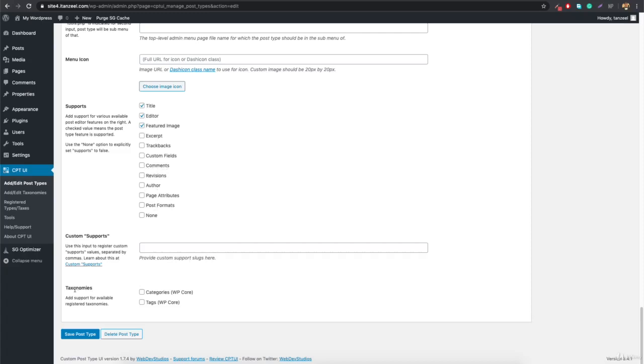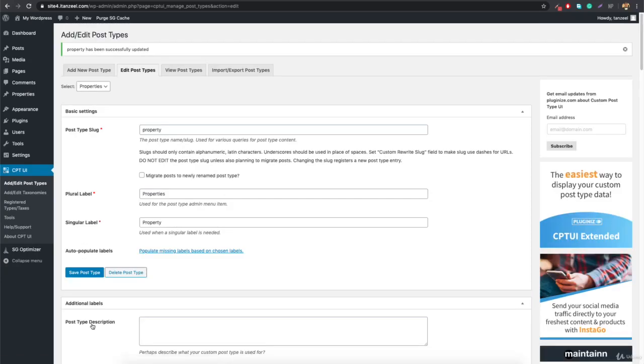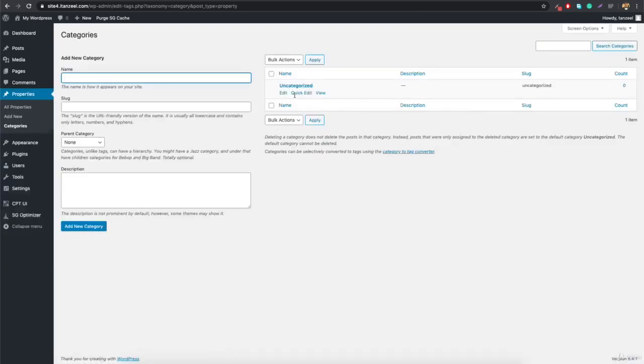Just come here, and where it says taxonomies, it says the categories. You have to just set this to yes, and now you have to hit save post type. So once you save it, you can see it's going to be right here. It says properties, all properties, add new, and the categories. So inside the categories, now you can add a lot of categories. So you can add just like bungalow, home, and other stuff like that, and it's all going to be added